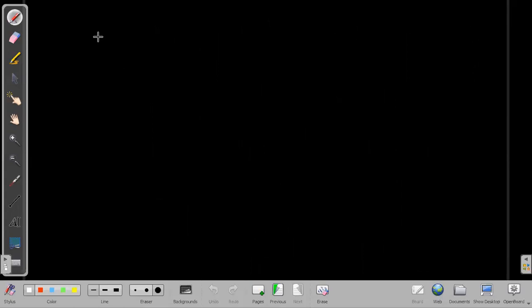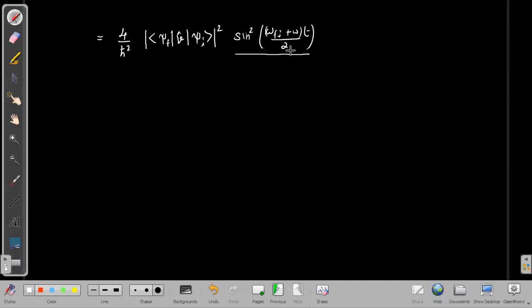Okay, so if you do it carefully, this would become 4 by h cross square, modulus of ⟨ψ_f|V|ψ_i⟩ square, sine square of (ω_fi + ω) times t by 2, divided by (ω_fi + ω) square, plus